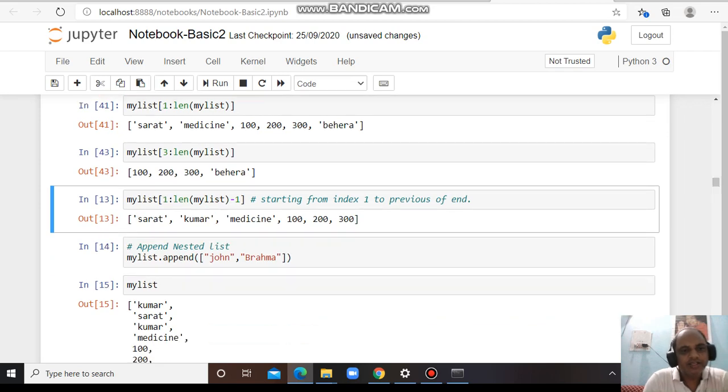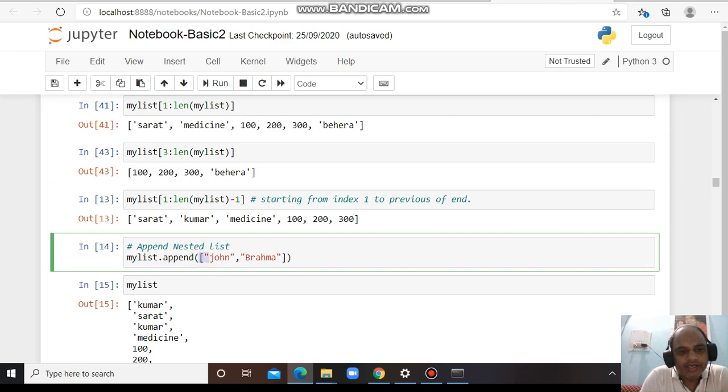Another thing: how to append a nested list. We know how to append a string, a single element, but how to append a nested element? I want to make a list, John and Brahma, two string elements. I have put them into a list because there is a square bracket, and I want to append this complete list into my list.